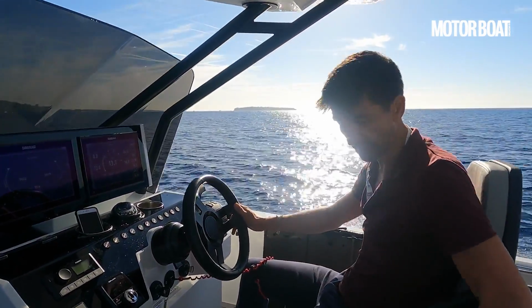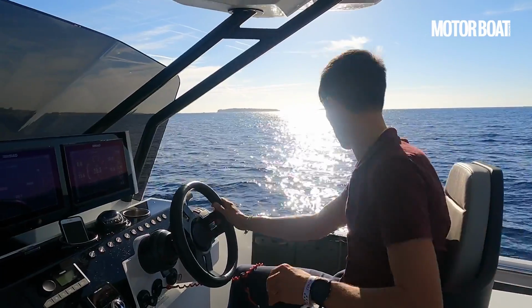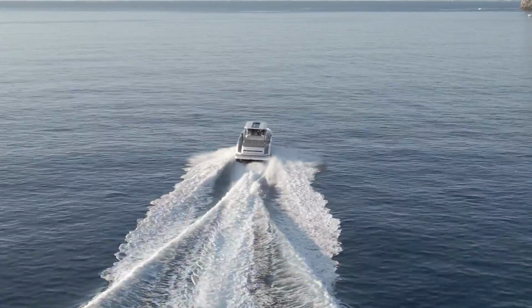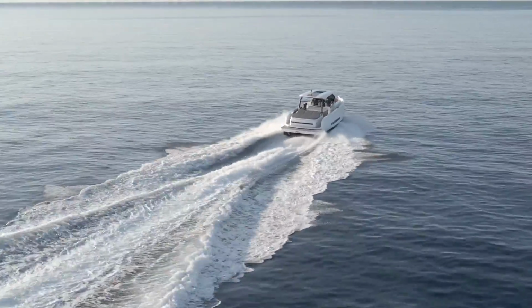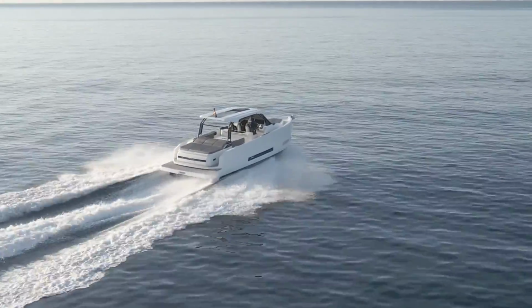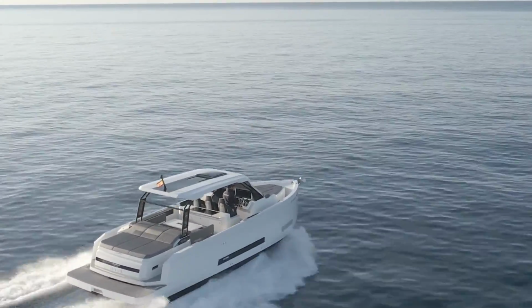And I have to say these seats are very, very comfortable too. We do have forward and aft adjustability here, which is handy. And because of this walk-around configuration, there's no problem with me being here, driving the boat, and people making their way around unencumbered from the bow to the stern. It's certainly a lot of fun,